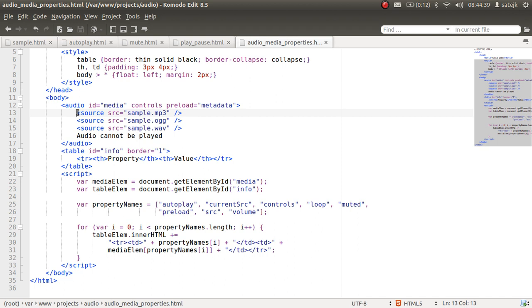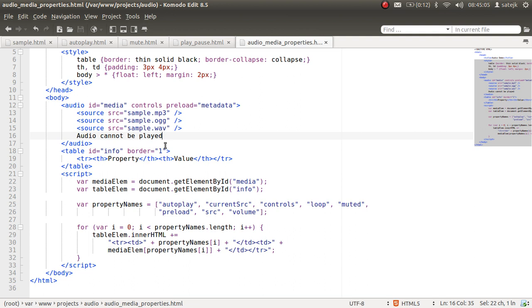That is to say, it chooses the format in which it can play. So it provides us a fallback mechanism. If it does not play this, it goes to the next and checks it. And if it does not support any of these three, it displays the message that audio cannot be displayed.